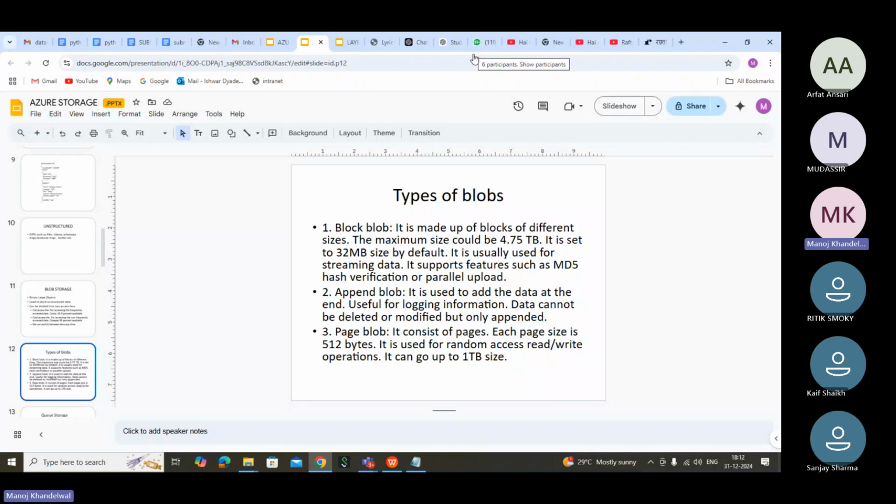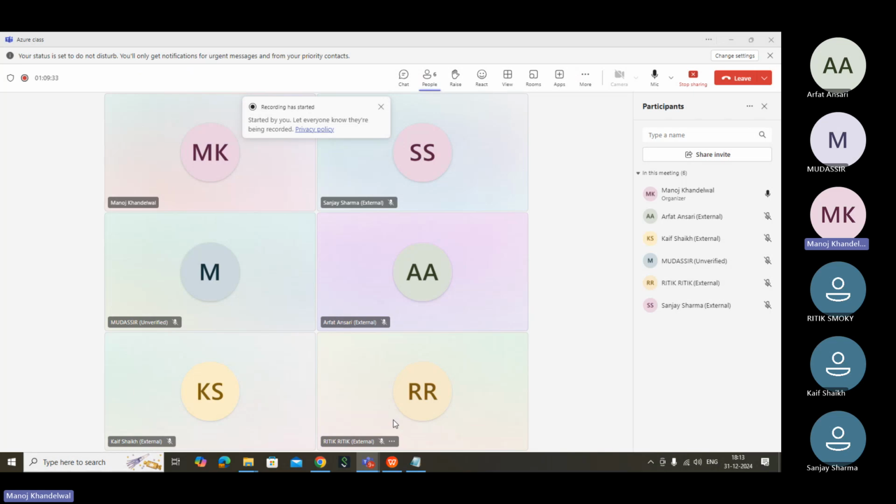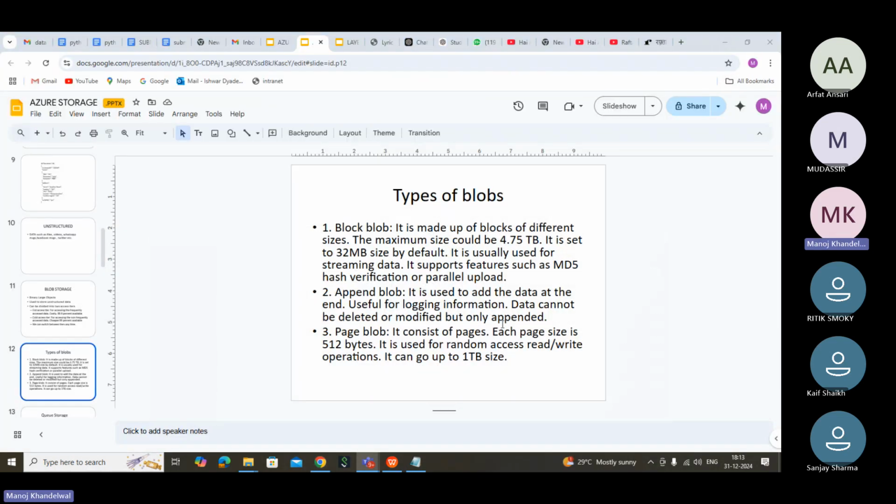Sir, both the first one and the last one, we have just shown the maximum size and the minimum size, but for appending we do not have that, how much an append block can store. There's no limit for that.